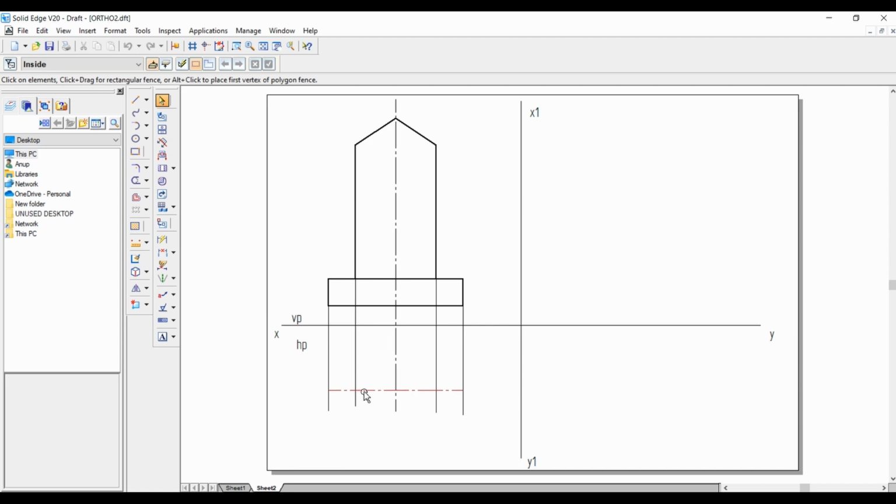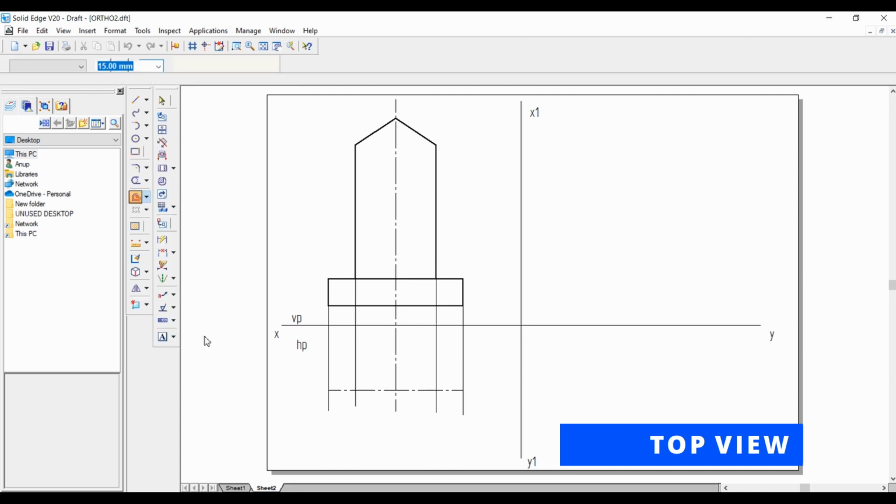So now with the help of this axis line, let's draw two more lines which form the rectangle. We can do this easily with the help of the offset option. Select the offset option, select the line, and give the distance as 15 mm like this.